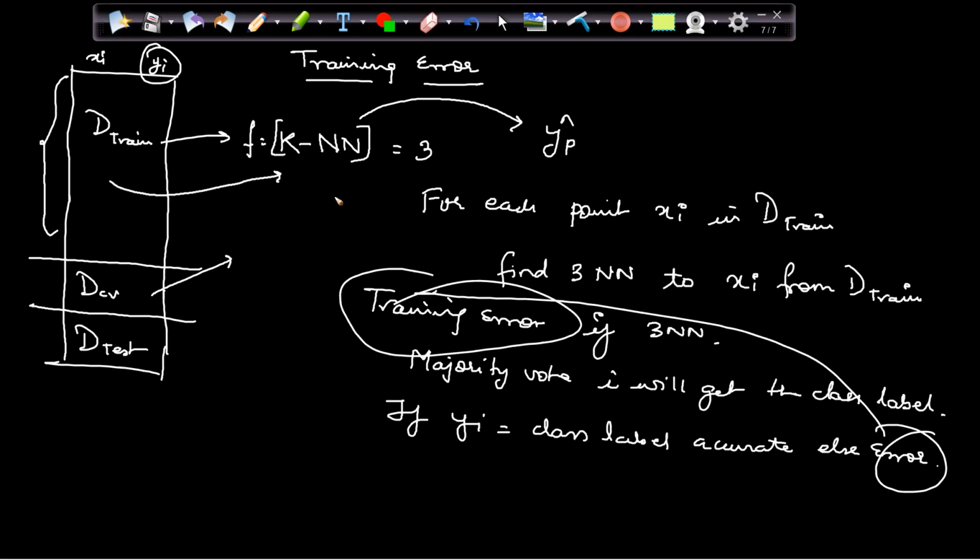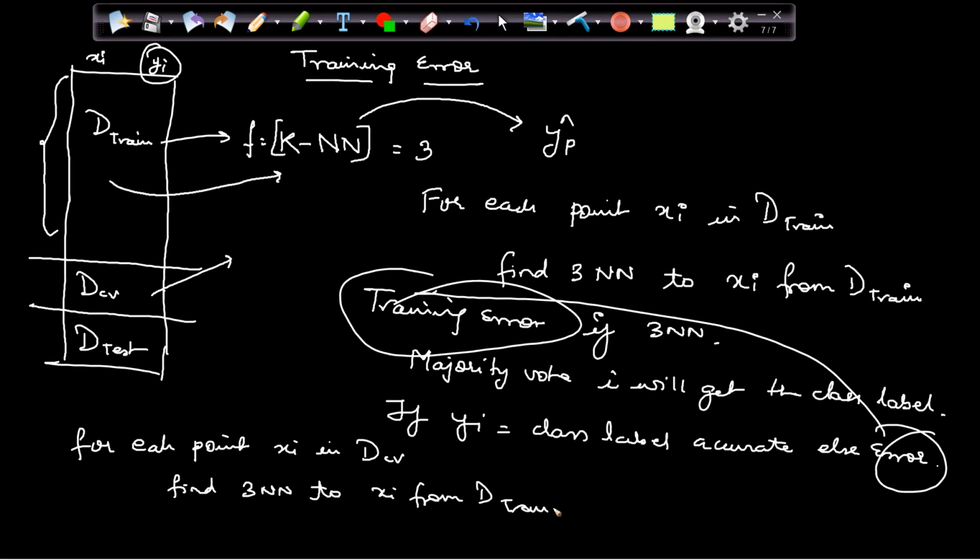Now, for each point xi in DCV, find 3 nearest neighbors to xi from dtrain, right?